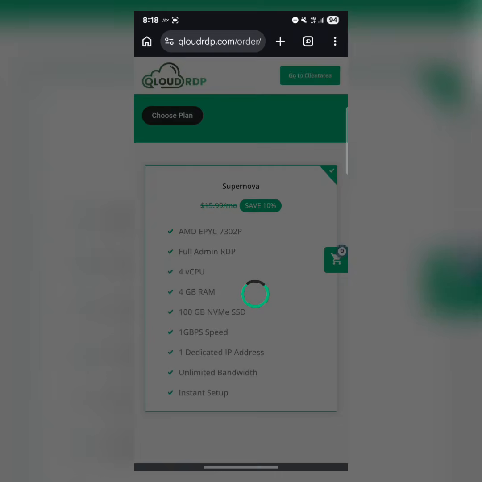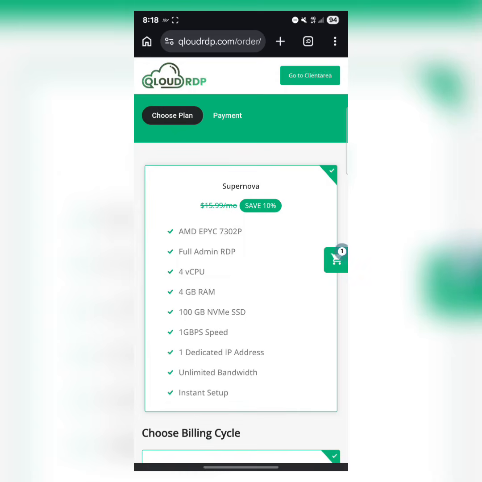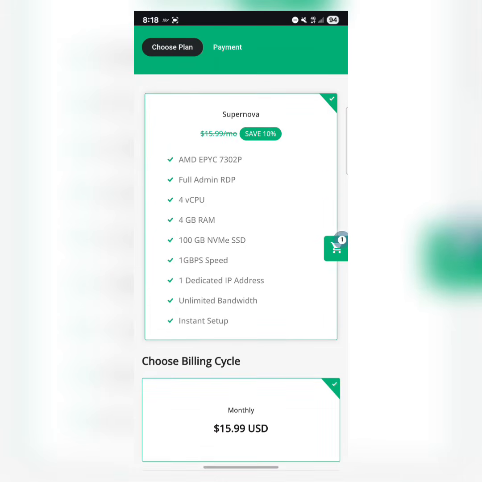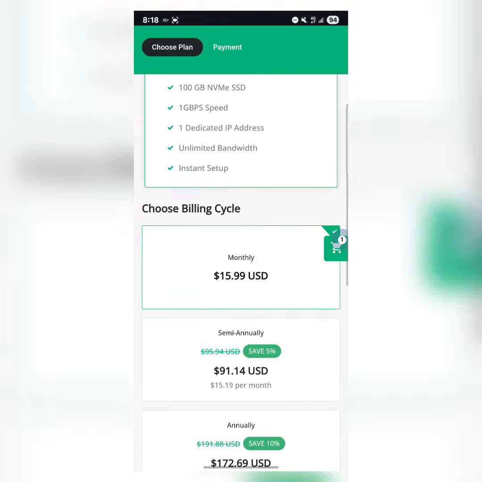Click on start, high performance, stuff like that. Make sure you have logged in to your account. All right, so as you can see, if you use the link below, you'll be able to save 10%, right? So just scroll down,